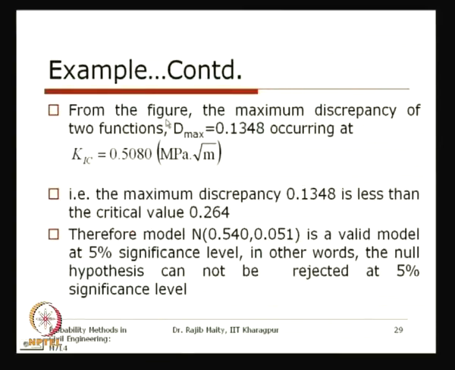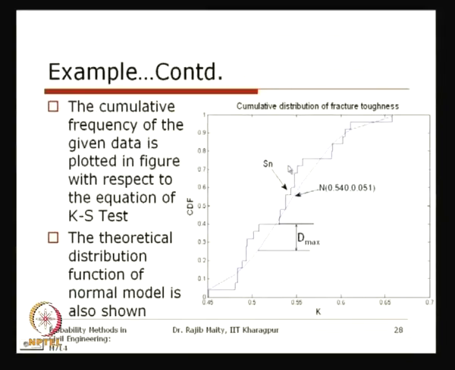From the figure, and of course you can check it in the calculation also, the maximum discrepancy of the two functions is d max equals 0.1348, which occurs at KIC equals 0.508. So at this value d max is 0.1348. This is the only value that we have to pick up from this comparison. This is the KS test, and from this point onwards we may look for further improvement, but that is a later part. From this graph, the only information we pick up is the maximum difference, and that value is